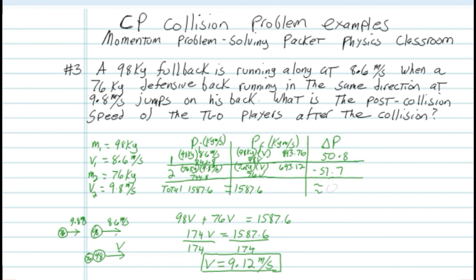It's approximately zero. The reason it didn't come out exactly is because I rounded my answers a little bit as I went through here. You can see that they're very close to the same. It should turn out that when you get delta P for each object and add them together, it should come out to approximately zero every time. Okay, in the next